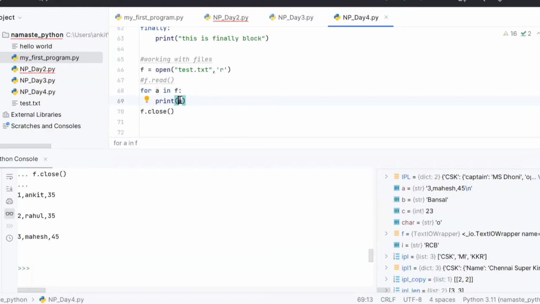Can you show that? Yeah, I'll show it. We'll show it. Okay. Let's go to the write mode. So this is my read mode. In read mode, we learned two things: that I can read the full file, or if I want to read one by one, I can do it. Okay. Now in this approach, one thing is, if you have opened the file, you have to close it as well, right? So there is another approach of doing it.